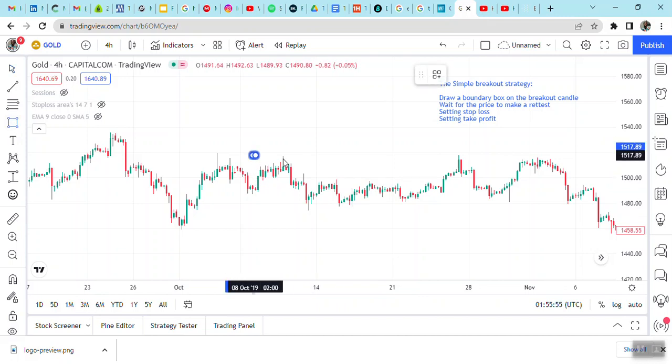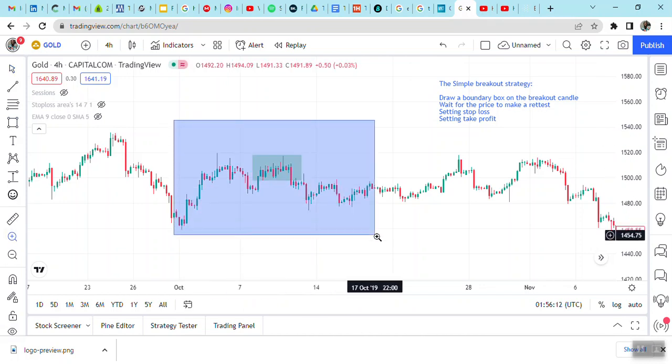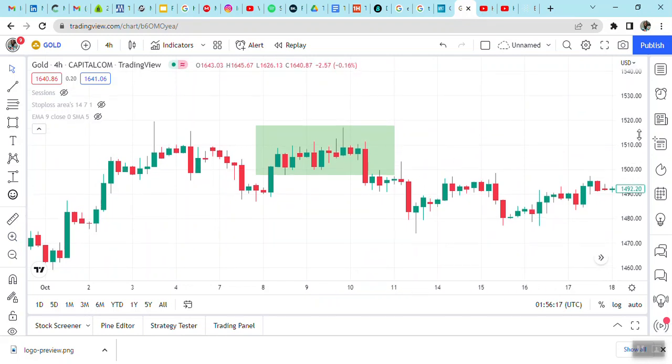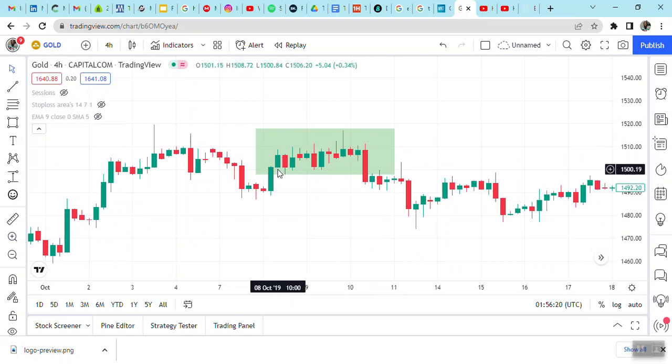This is an example of a choppy movement. Let me zoom into that. Now the market ranged from this point. It's created a range. This is a ranging movement, and then you have a long candle that breaks out of this region,